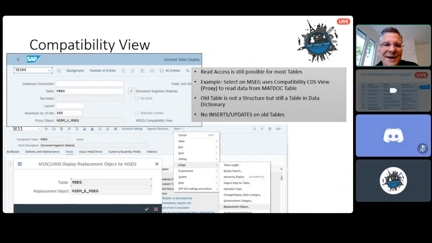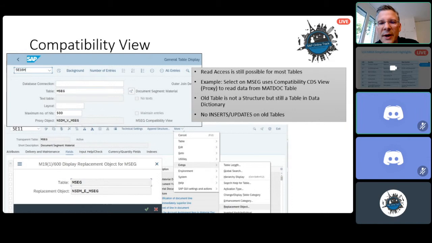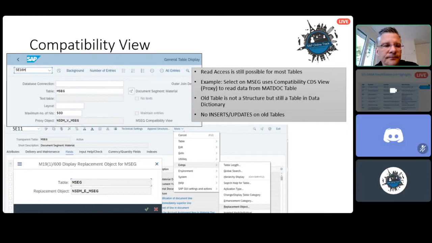Of course, it's impossible to insert data or to do updates. Normally, you shouldn't do updates on SAP tables anyhow. That's done by BAPI calls. So the BAPIs have been changed to the new data model. And therefore, these compatibility views do a great deal in supporting you. But it's not available for all tables, but for most of them. And it's a very good thing for read access. So you can move to S/4HANA, keep the old select statements for this, and then maybe later, when you need new functionalities, new fields, you might change your code to the new tables.